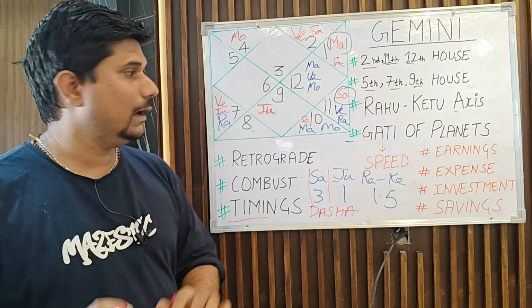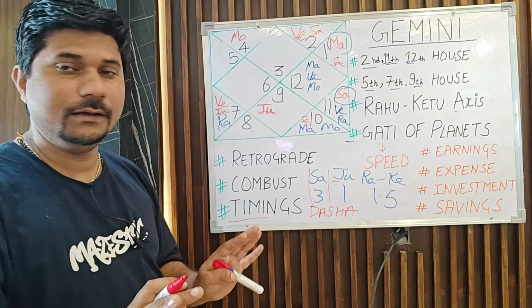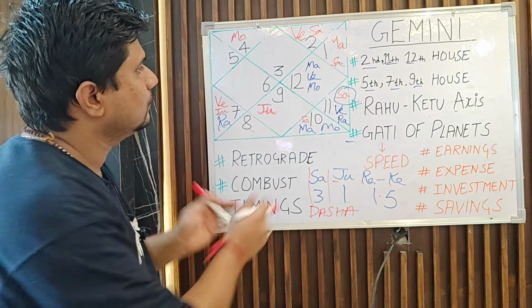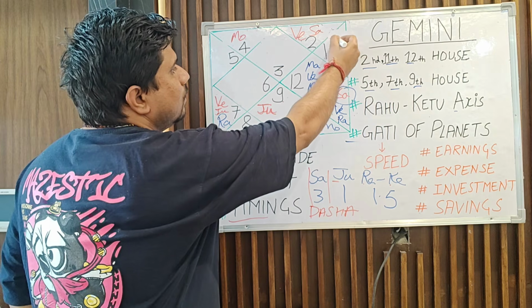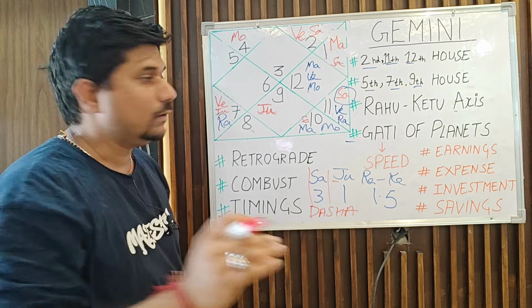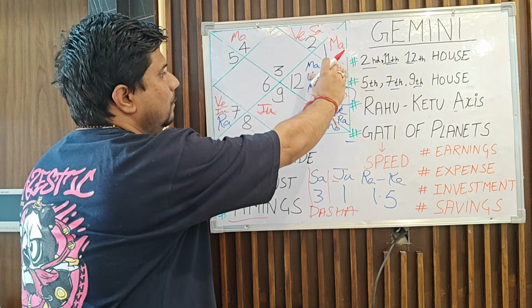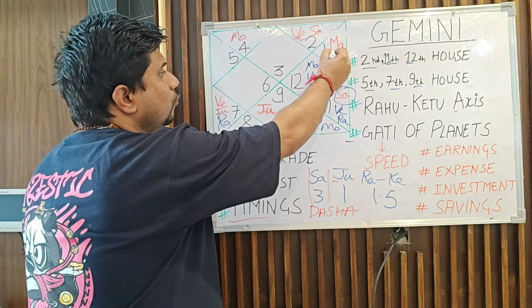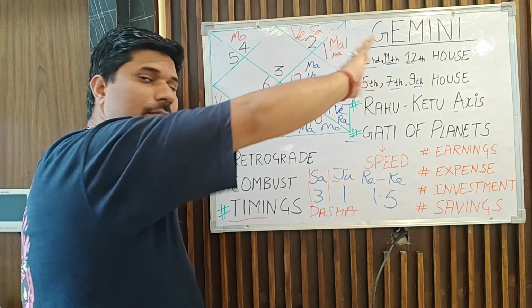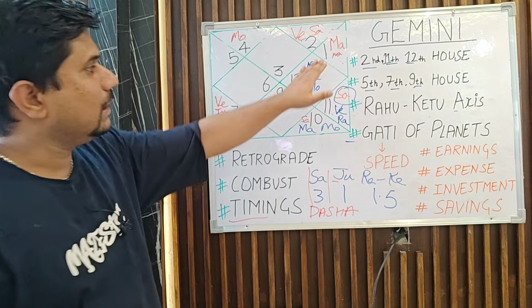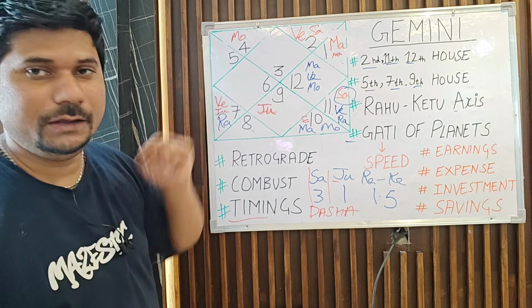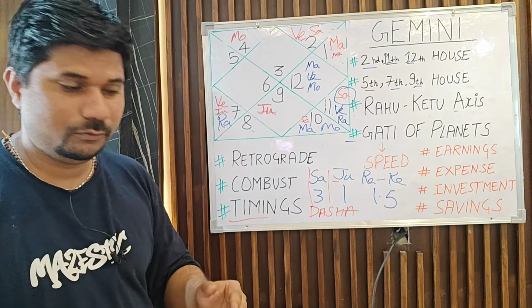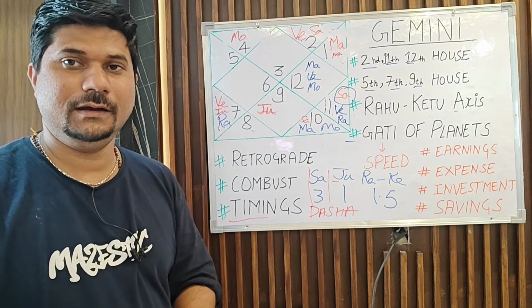Once again, I repeat, you can pick up any planet here. Let's take the example of Mars also. Suppose Mars in the gochar, or transit, is coming from the sign of Aries once again, and it's getting superimposed up there. And during that time frame, your Antardasha is also running of Mars, and your Mahadasha may be of this. So this has the capacity to help us see and understand.